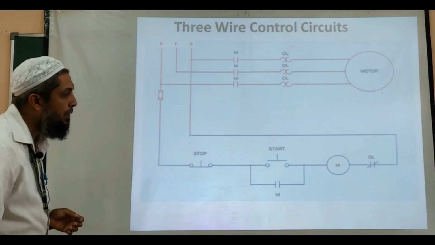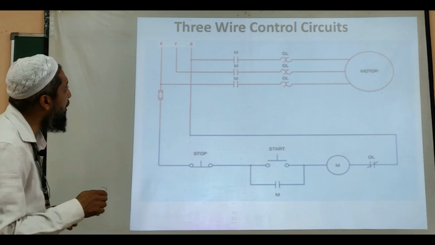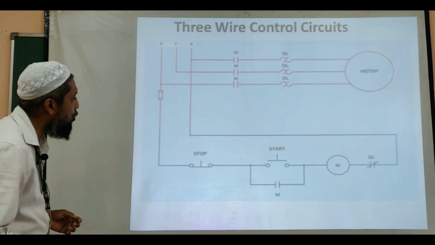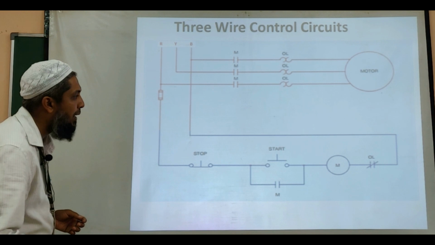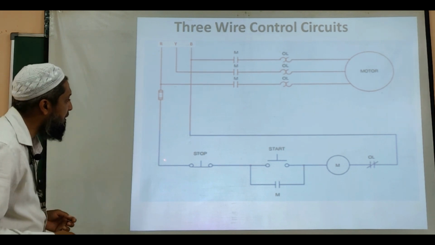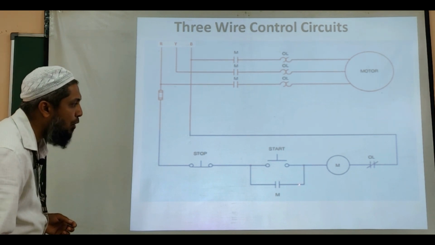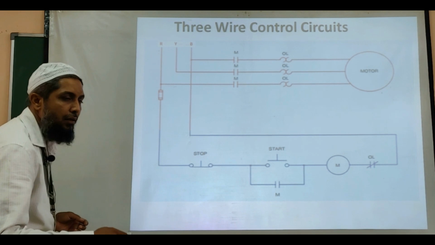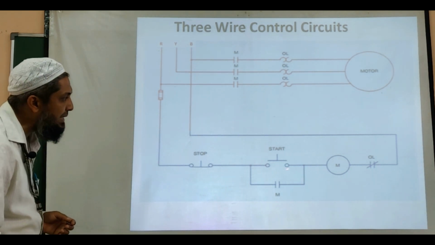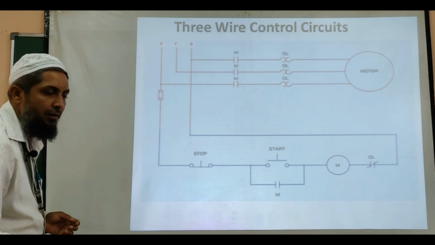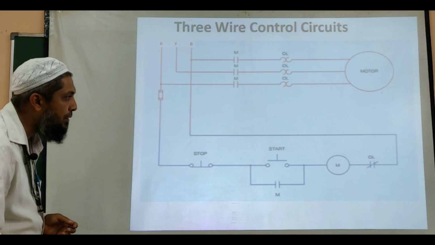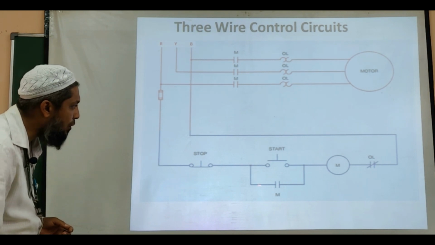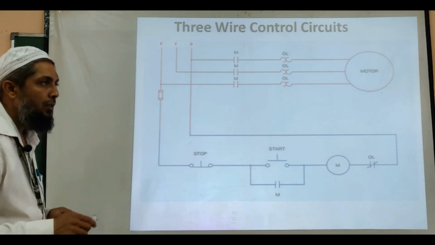Now, supply is given to the coil from two locations. One is through stop, start and the coil, and another way is stop and through this auxiliary contact and the coil. So, even if you release this yellow contact, the supply is maintained to the coil through this auxiliary contact.